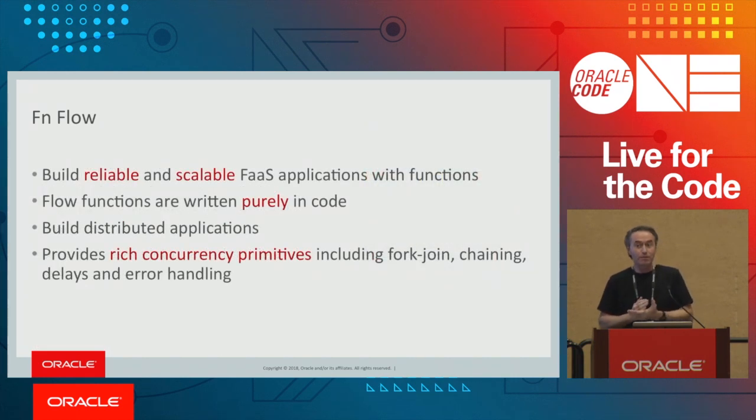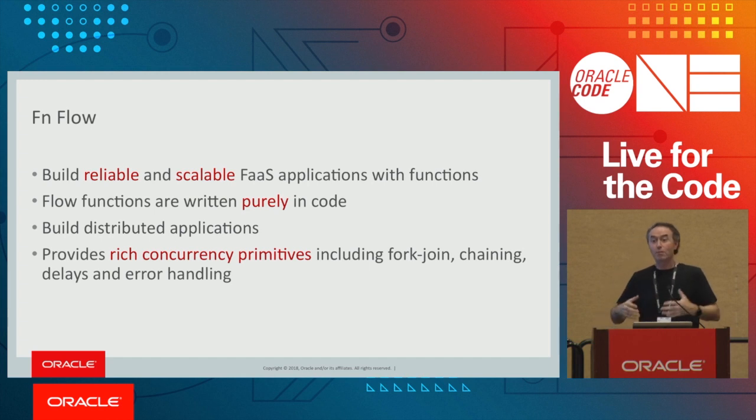What's interesting about Flow is it's designed to support composing multiple functions together. So we want to build, again, a scalable, elastic kind of platform for this. And one of the key design goals for Flow was to let you describe algorithms for these applications in code. So if you're a Java developer and you want to write an algorithm, where I call this function, then that one, and if an exception occurs, go over here, that's code, rather than something like a YAML or an XML config file, which you see commonly. So we think that having language semantics for describing your flow makes a lot of sense.